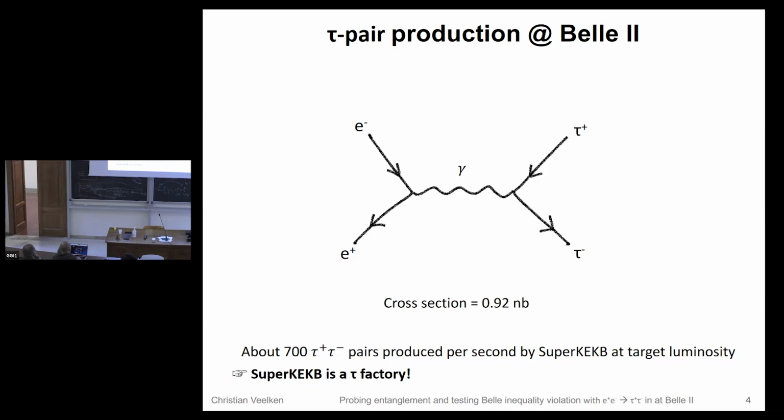And if you contrast this with the numbers that we've seen this morning, that at the end of the FCC-ee or at the end of the CLIC experiment, they had three-digit numbers of signal events. By the time we finish the talk, we have already 100 times that data set.